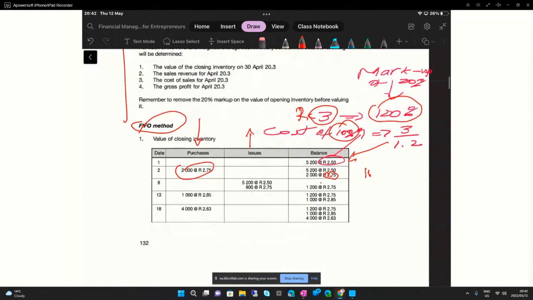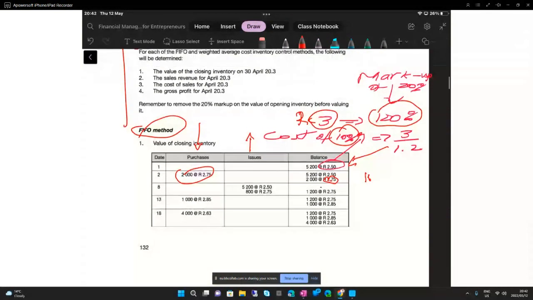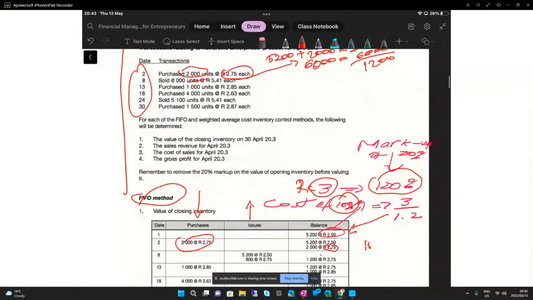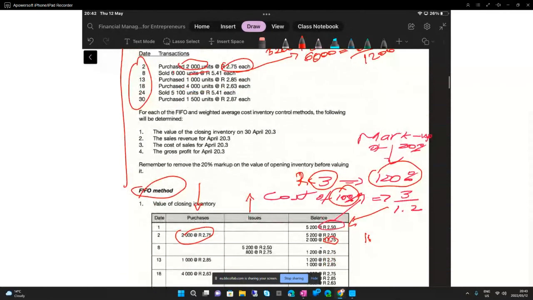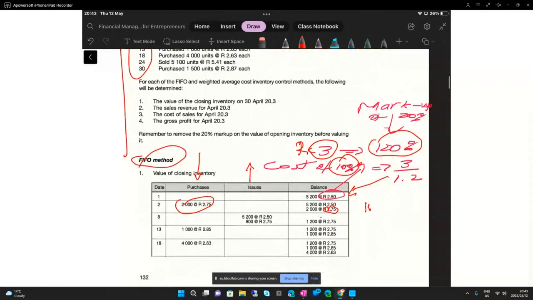What you need to understand is when, for instance, there is this sale of 6,000 that happened on the 8th between the 2nd and the 3rd. So we have the 7,000 that we spoke about. 5,200 will be at a cost of 2.5. Remember, it's first in, first out. So when we are selling, we're gonna sell first this 5,200 that was at the cost of 2.5. That's the one we're gonna sell first. When we finish selling, then we will sell from the 2000,